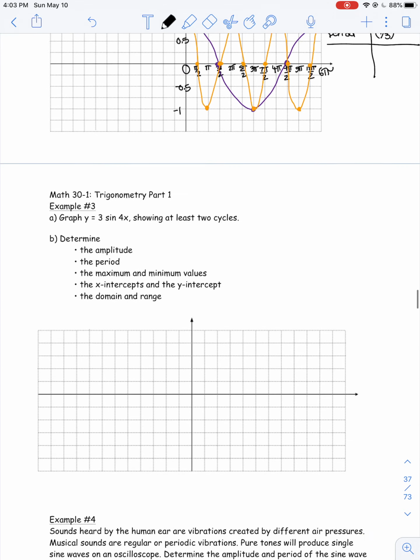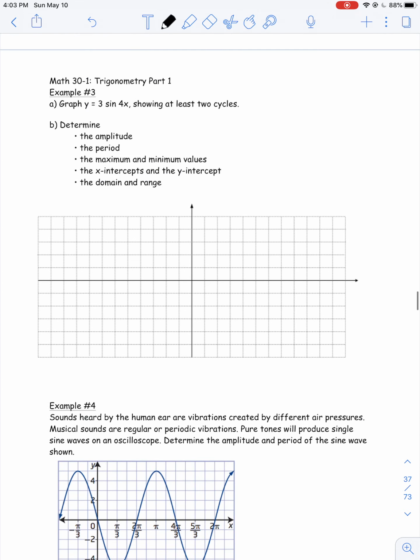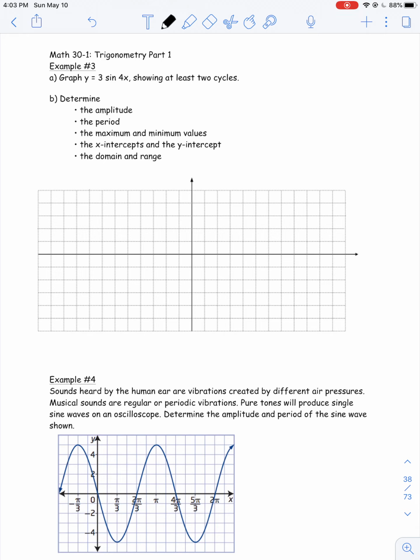Okay, so that is example number 2. Example number 3, they want you to graph 3 sine of 4x, showing at least 2 cycles. So what I need to do is find the amplitude, which is your a value, and that's equal to 3. That's your vertical stretch factor. For the period, it's not telling us what mode we're in, so I'm going to do it in radian mode,